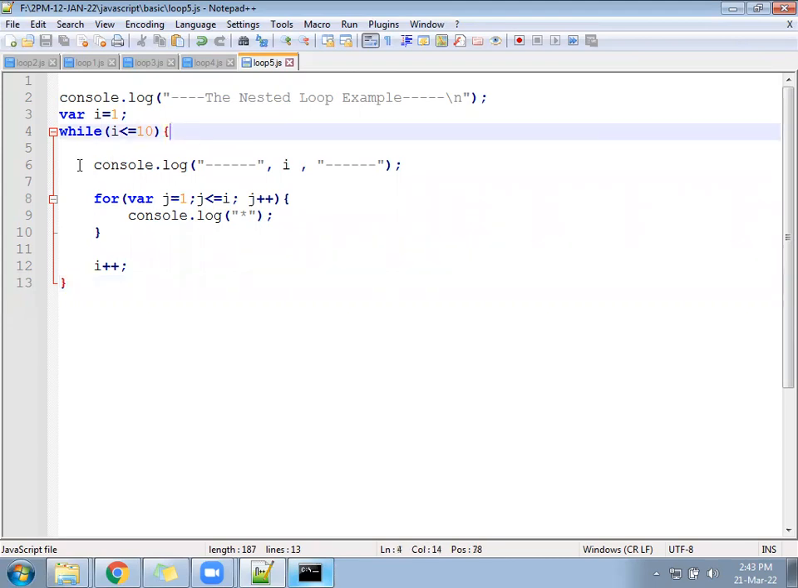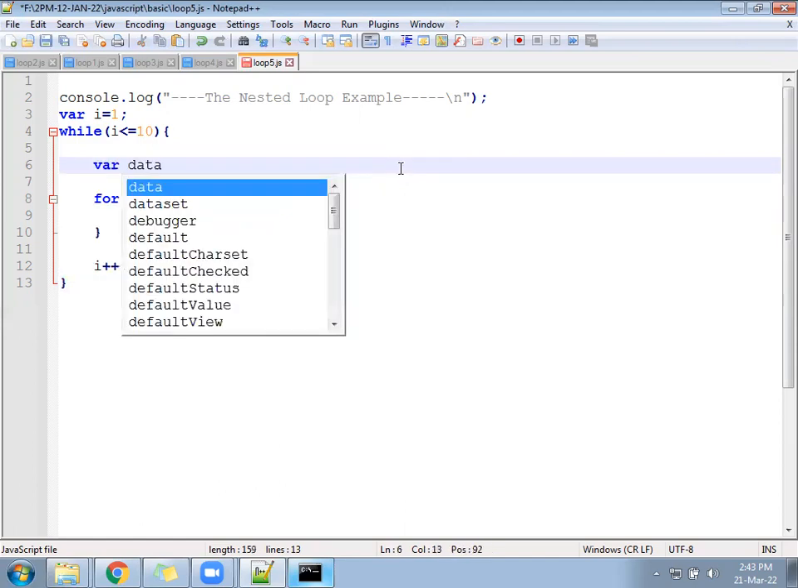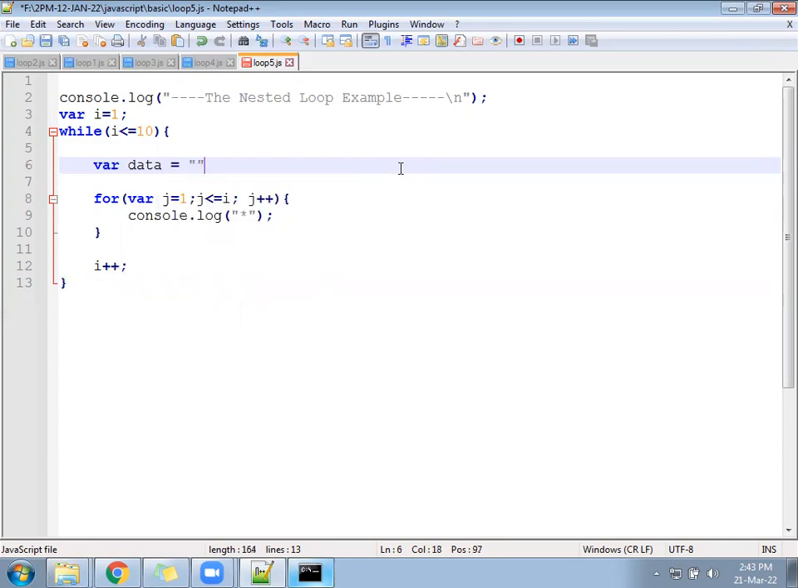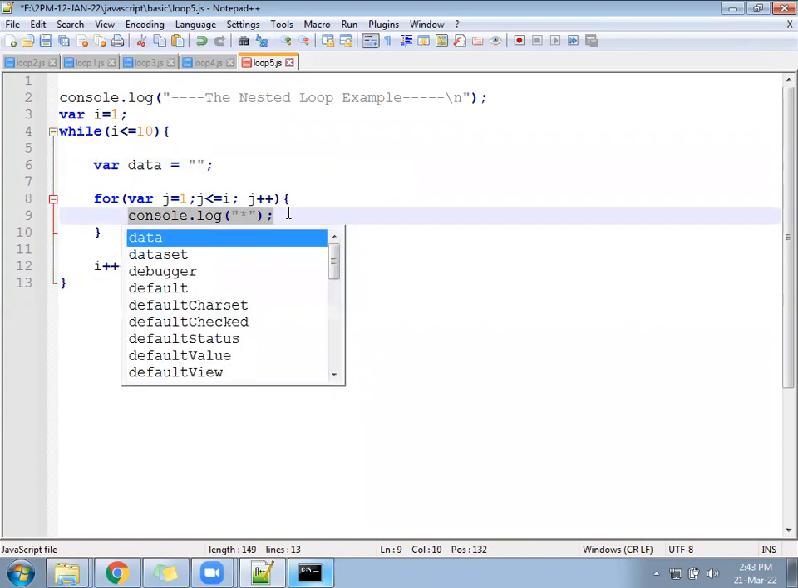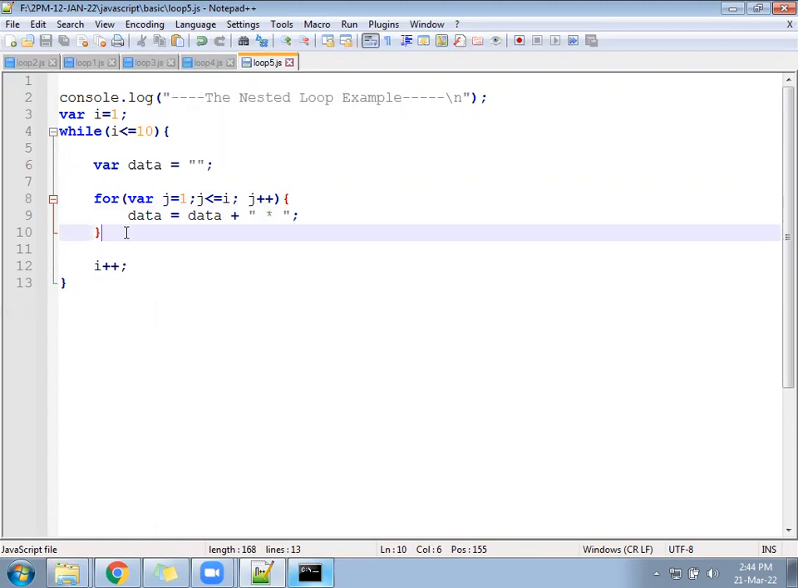So under the loop 5, remove the outer console and create a variable, var data, equal to empty. And at this place, you don't print the console.log directly. Do here data equal to data plus a star here. So we are concatenating the star, and all the stars will be stored under the data variable, and every time